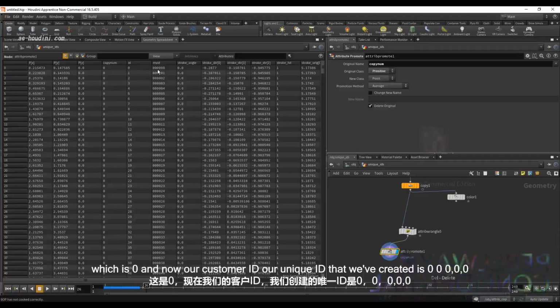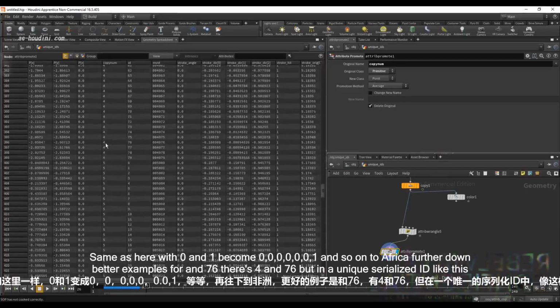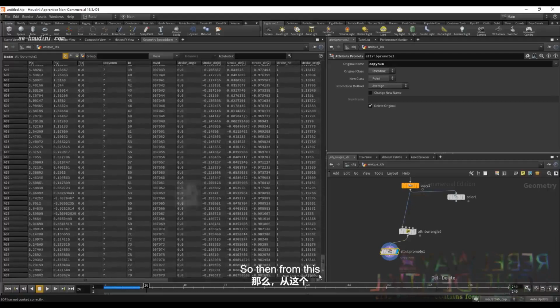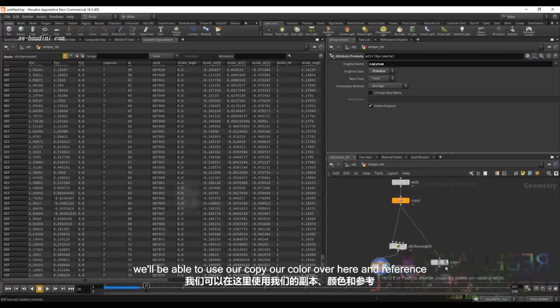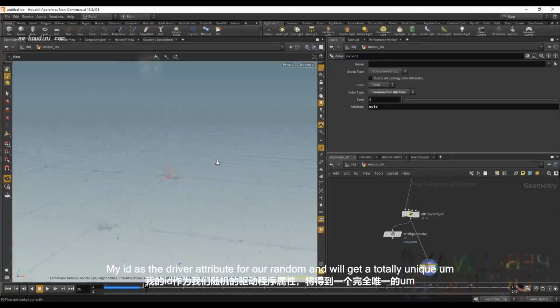custom ID, our unique ID that we've created, is 0000000. Same as here, with 0 and 1 become 0000001, and so on. Okay, if we go further down, better examples, 4 and 76, there's 4 and 76, but in a unique serialized ID like this. Okay. So then from this, we'll be able to use our color over here and reference my ID as the driver attribute for our random, and we'll get a totally unique,